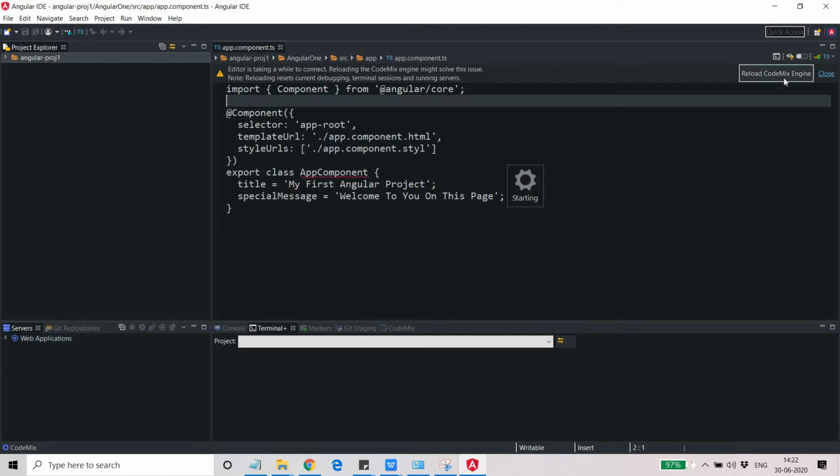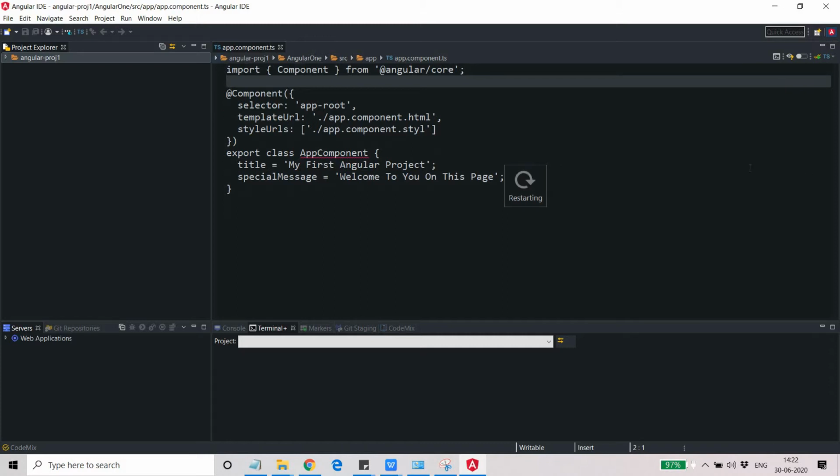Okay, it has loaded your project here, this Angular one. This was the one which I created, right? So this has also been loaded now.